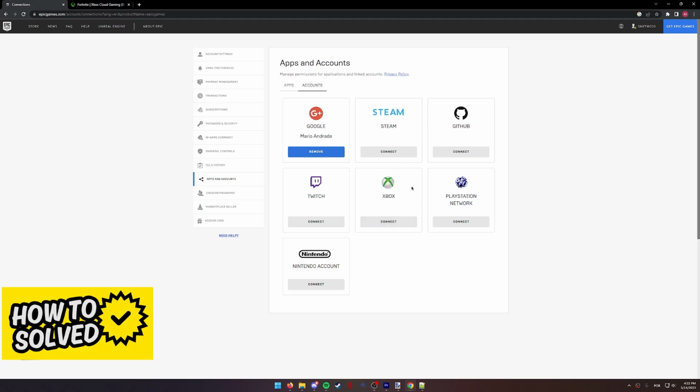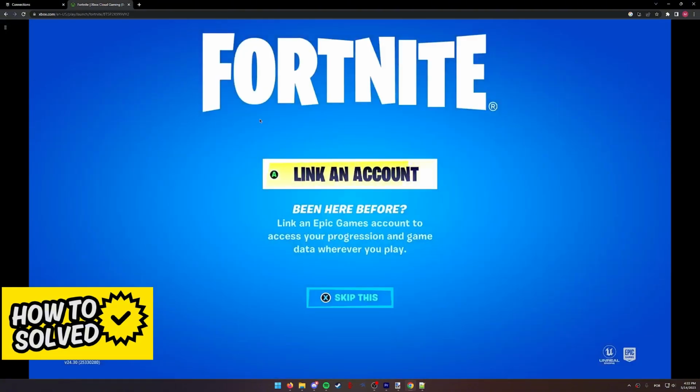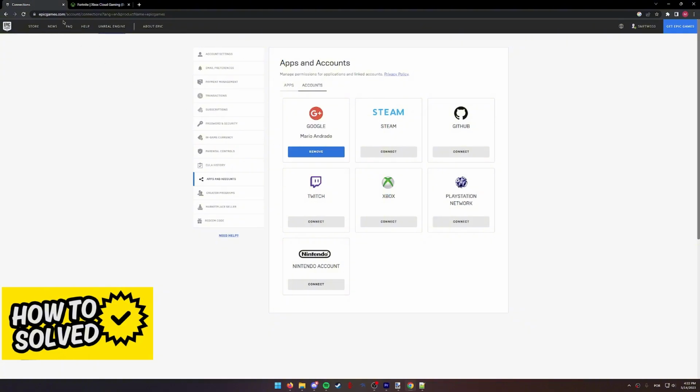As you can see, mine is already removed, and after you are done removing, it will be properly unlinked from Fortnite on Xbox Cloud Gaming. You will be able to link a new account as you wish, or play without linking. As long as you remove it through the account page on epicgames.com, you will be able to have it successfully